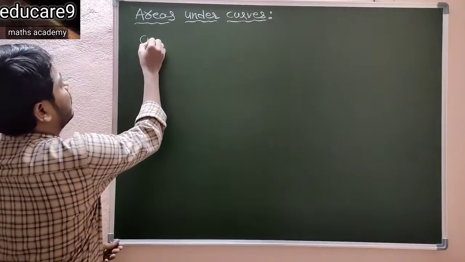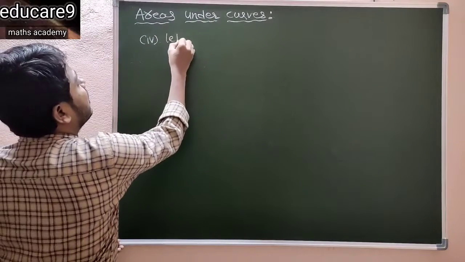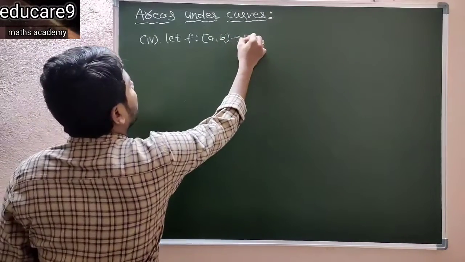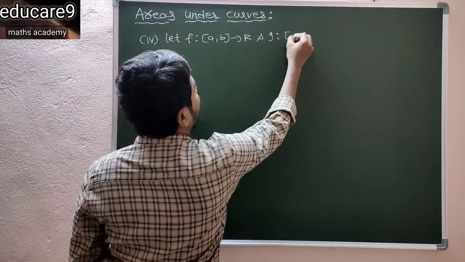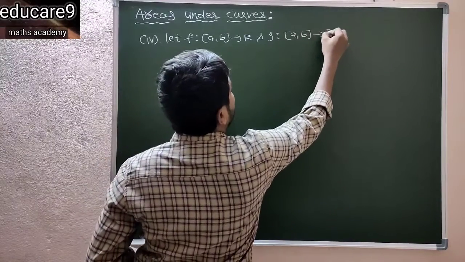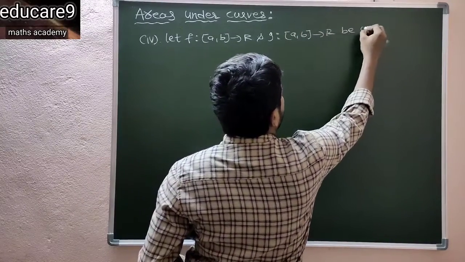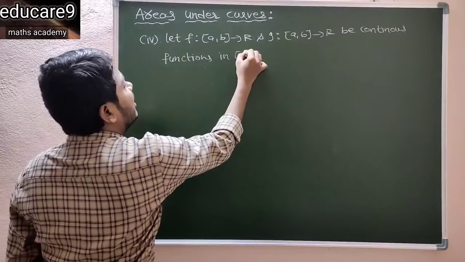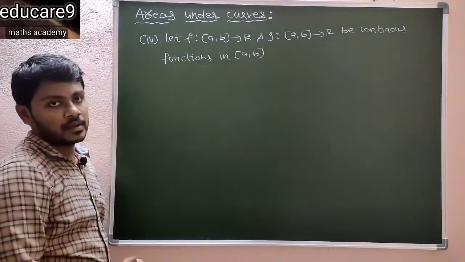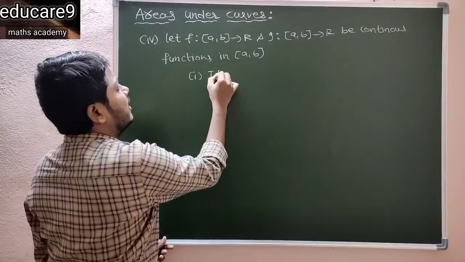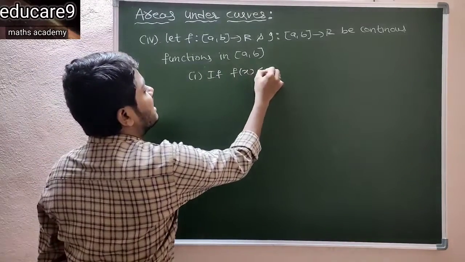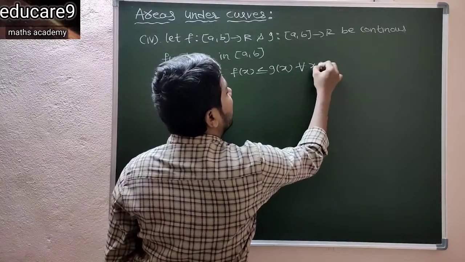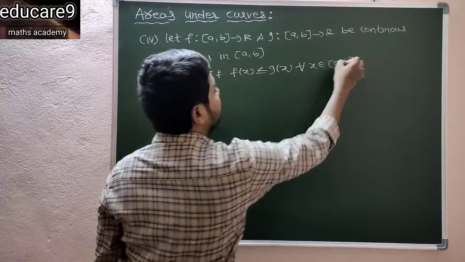Okay. So see the fourth one. Let f from the closed interval a comma b to R and g from the closed interval a comma b to R be continuous functions in the closed interval a comma b. So see our first one. If f of x is less than or equal to g of x for all x belongs to the closed interval a comma b, then